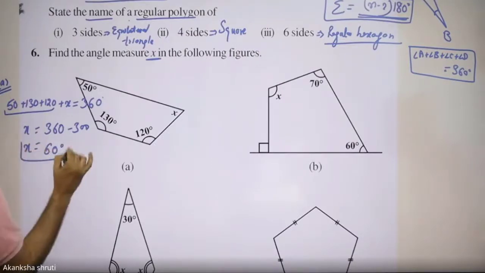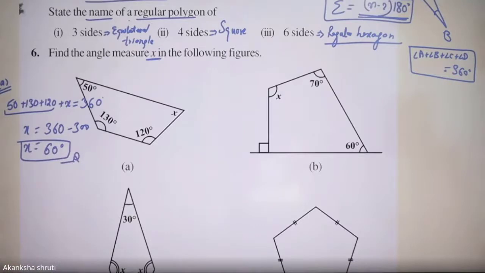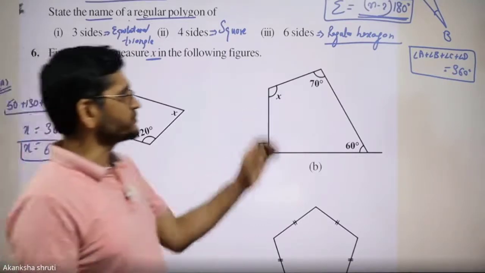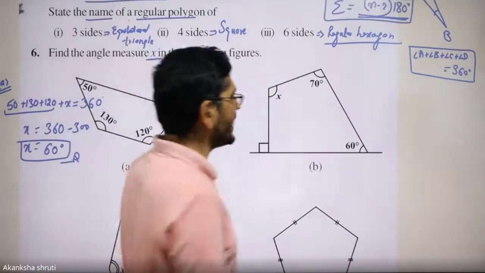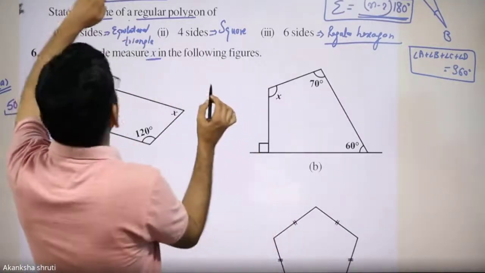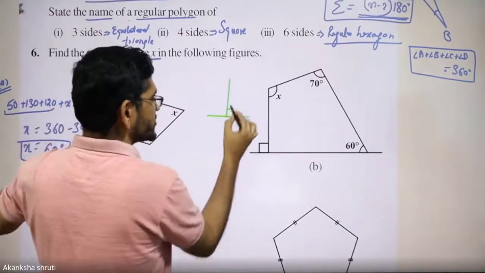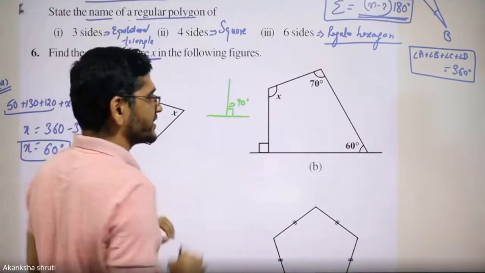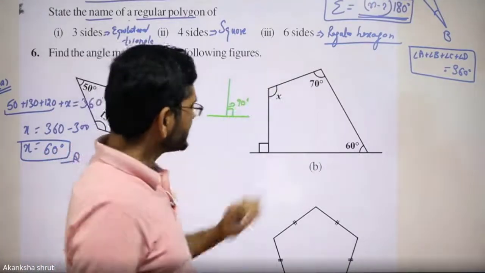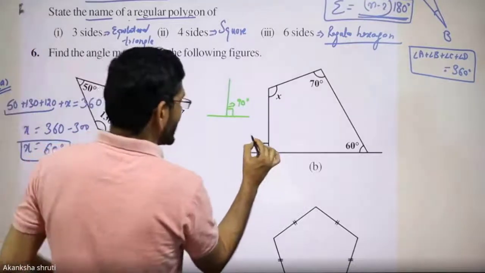It was so easy, and I hope most of the students have already done this. Okay, students? Coming to this figure, which is very interesting. As I explained, if I have one line like this, another like this, and this symbol is here, it simply means it is 90 degrees. It is understood. In this figure, we are getting this external angle as 90 degrees.